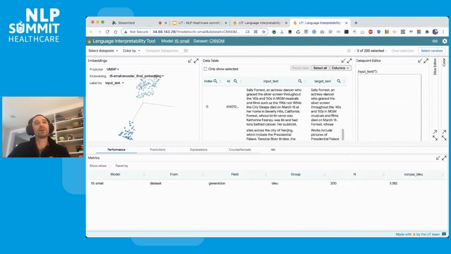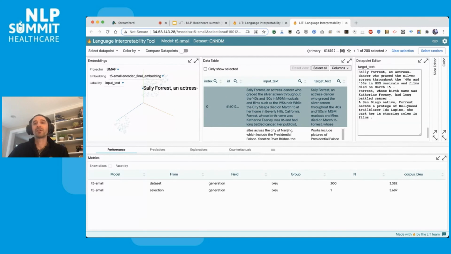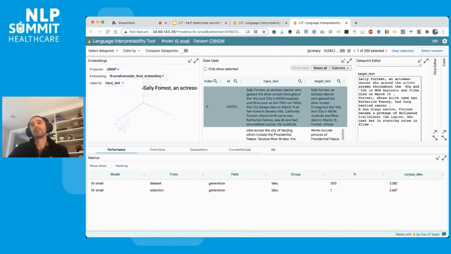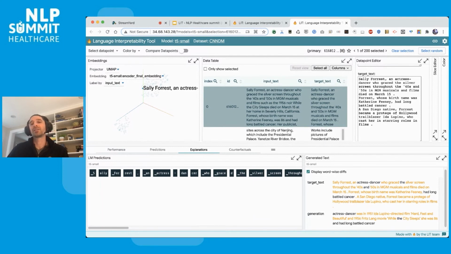Going over to another demo, this is not classification or regression. This is a text summarization model, so sequence to sequence based on the T5 model architecture. In this case, we're taking a large input news article, and there's a target summarization of that same large text. And then the model itself is trying to do its own summarization, and we can compare the model's output to our expected output to see where the differences are.